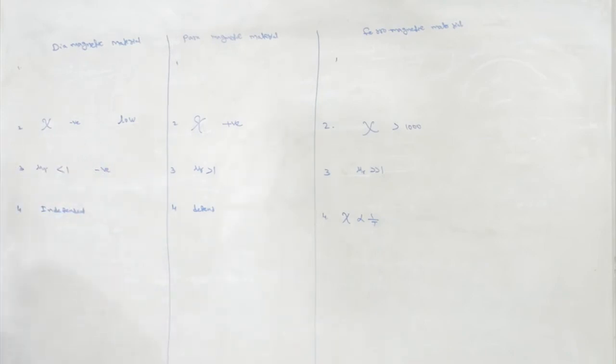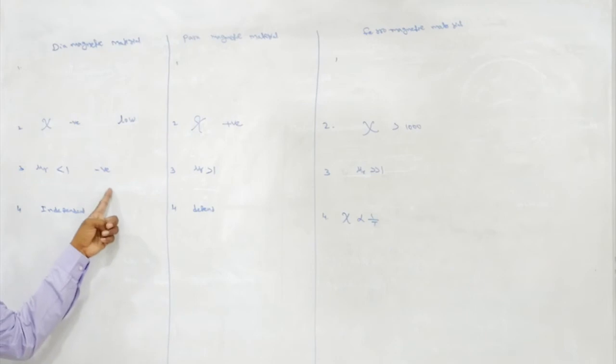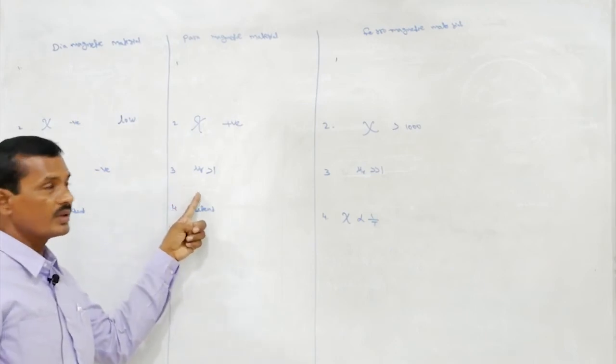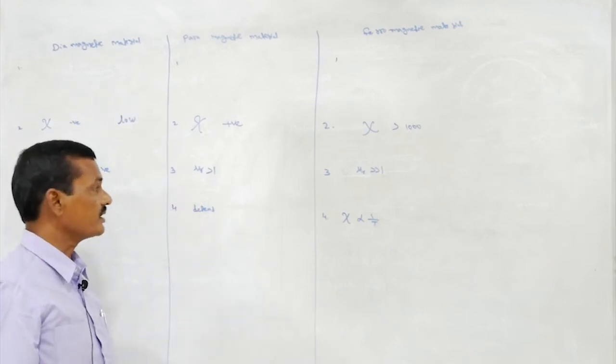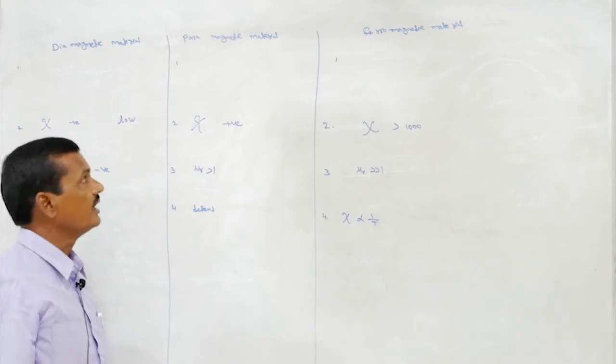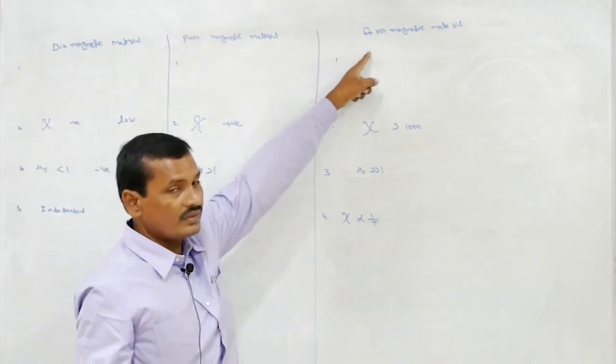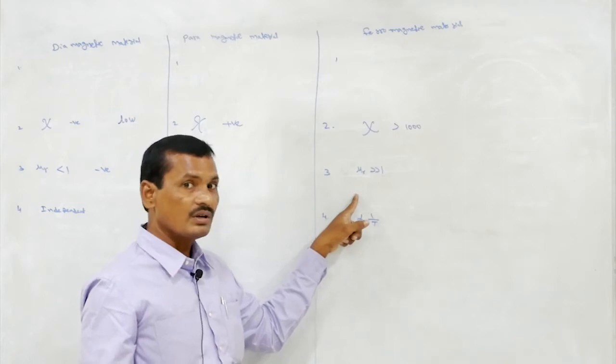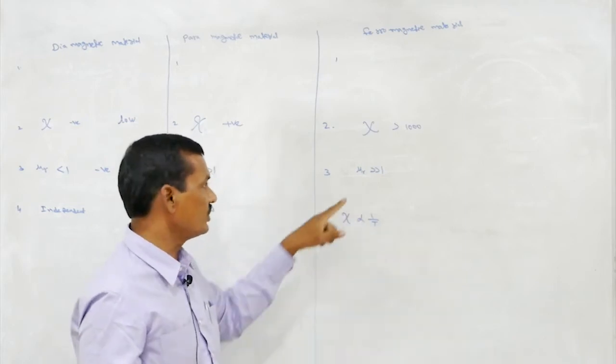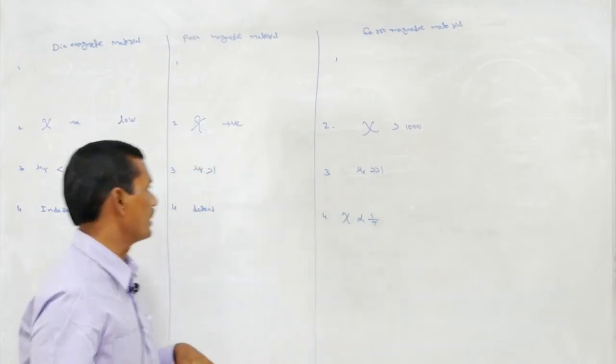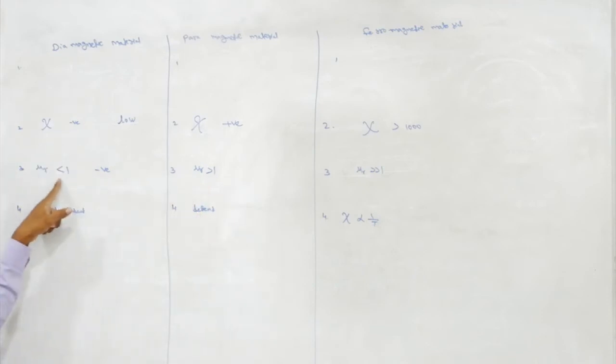And relative permeability for diamagnetic metals is less than 1, that means negative values. Relative permeability for paramagnetic metals is greater than 1. Relative permeability for ferromagnetic metals is much greater than 1. Mu r is greater than 1 for paramagnetic, and mu r is less than 1 for diamagnetic.